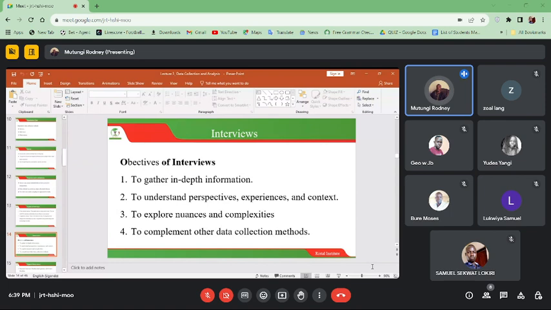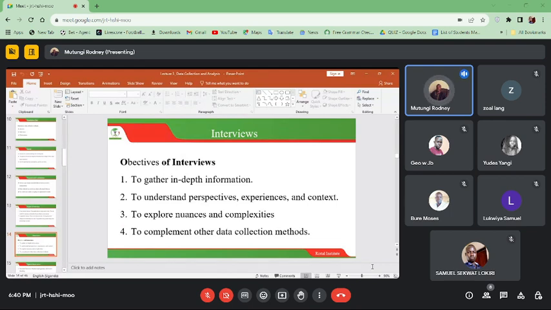Okay, so if you're called on to be a monitoring and evaluation assistant or officer in an organization X that is implementing a nutritional program, you do not need to be fixed and say that I'm going to use a survey only, but you can always have a mixture of these methods so that you can collect data that is very rich and